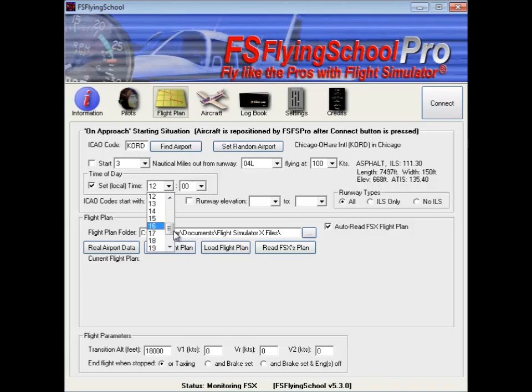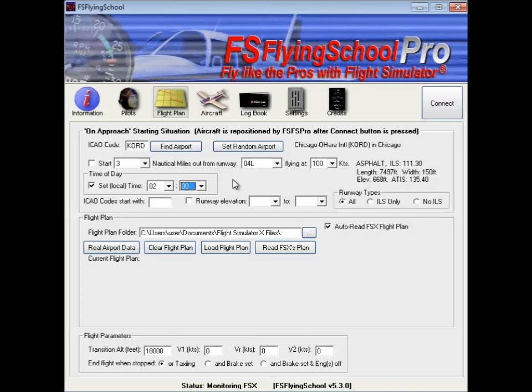We might like to have an approach that's taking place perhaps at dusk or at twilight. Of course that will depend on the time of year, and it will depend on the latitude of the airport as well. Or on the other hand, we might want to be practicing approaches that are taking place at night, so we might go for, I don't know, let's say 2:30 in the morning, and we can be fairly certain that we're going to have darkness at that point in time,